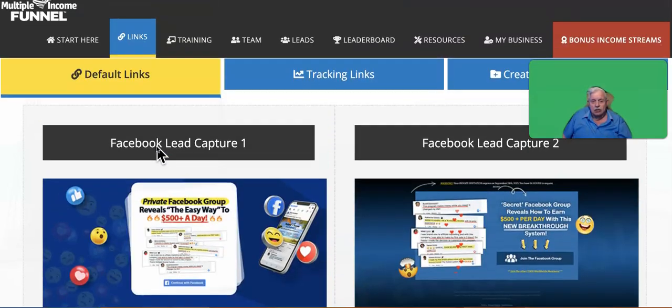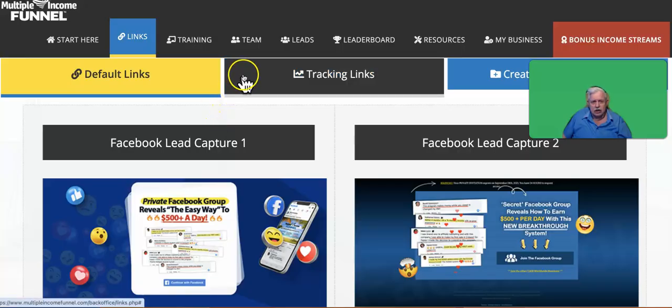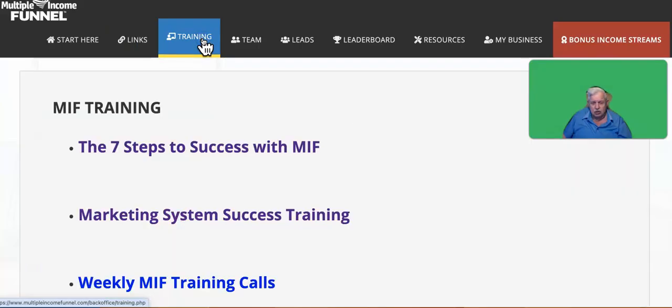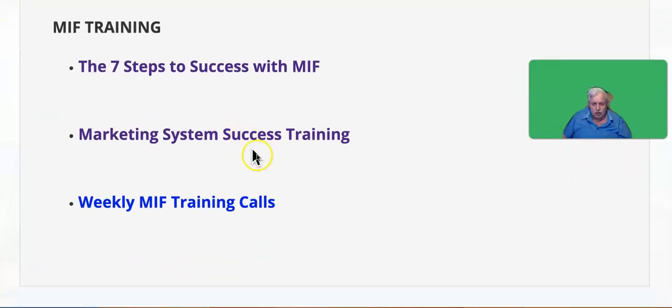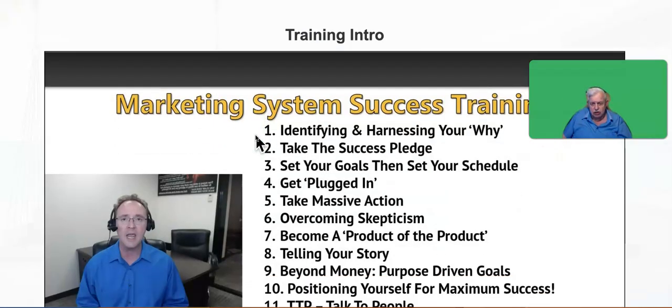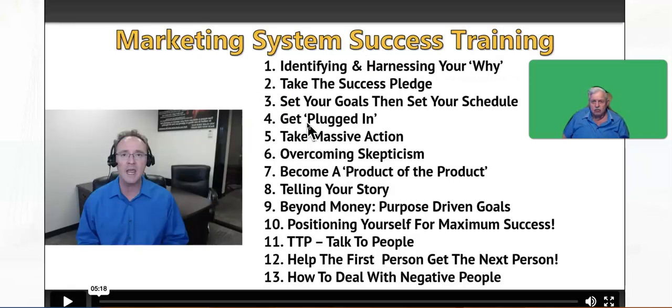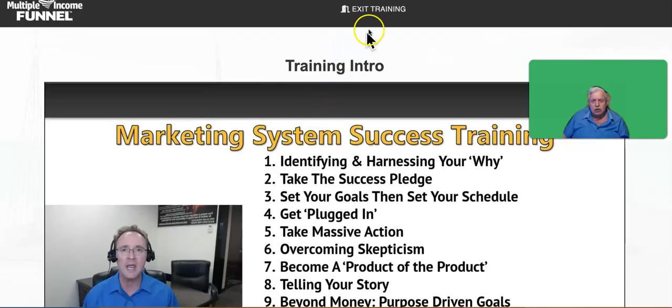And then you go back into the system again, and in there it shows you all your training that you get with the system. First of all, you get your weekly training calls. Then you get your marketing system training. This is really something to help you become a better marketer. You don't have to do these all at once. You can do one or two, as many as you got time for, and then come back and do some more. But be sure you do them all because it's definitely worthwhile getting some more information and improving your training.